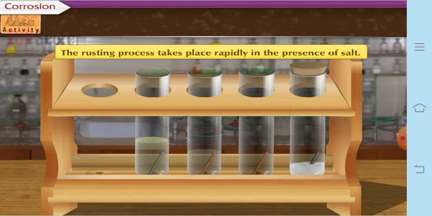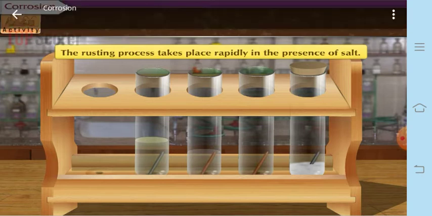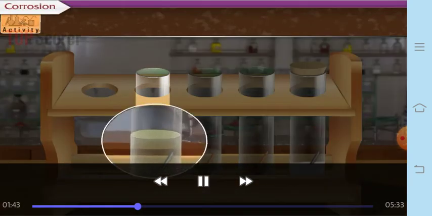In the case of the third test tube, there was only air, and even moisture from the air, and that is why rusting takes place. In the case of the second test tube, there was salty water, and it was also coming in contact with air. So for the rusting process, 2 things are required, that is air and water, but it takes place rapidly if there is the presence of salt. So there was salt solution in the second case, and only air and moisture in the third test tube. That is why in these 2 cases the iron nail rusts.